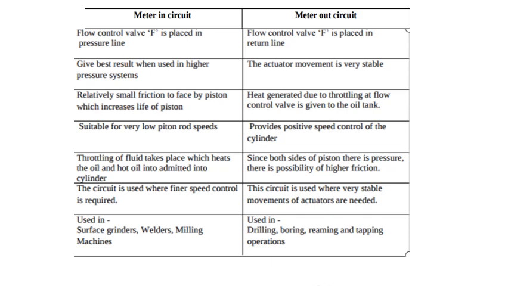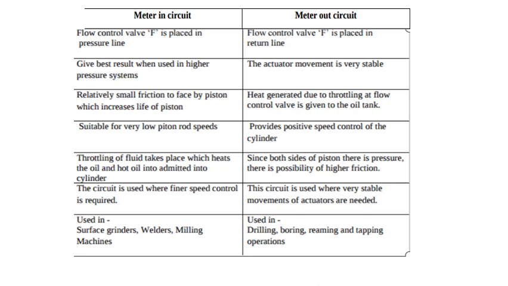And third one, relatively small friction is faced by the piston, which increases the life of the piston. In case of meter out, heat generated due to throttling at the flow control valve is given to the oil tank. And meter in is suitable for very low piston rod speeds, and meter out provides positive speed control of the cylinder. In case of meter in, throttling of the fluid takes place which heats the oil and hot oil